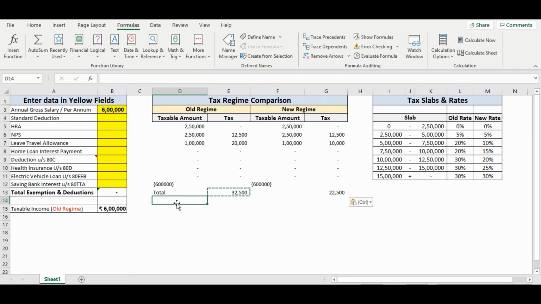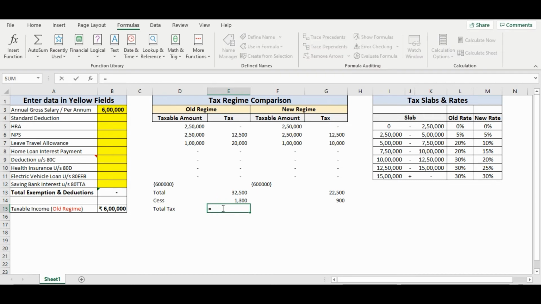On top of the total tax, we even pay the cess, which is 4% of our total tax. So 4% of our total tax. So that comes to 1300. Let's replicate the same. So our total tax would be the sum of the total amount and our cess.